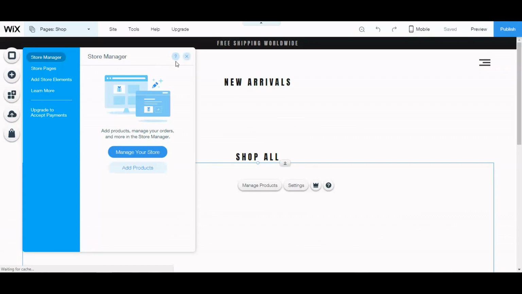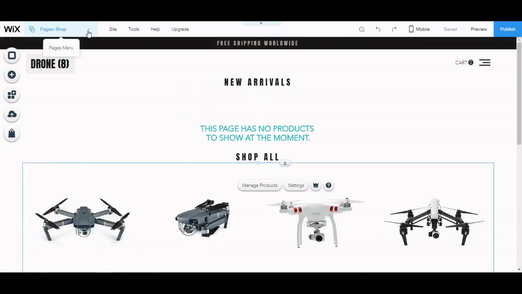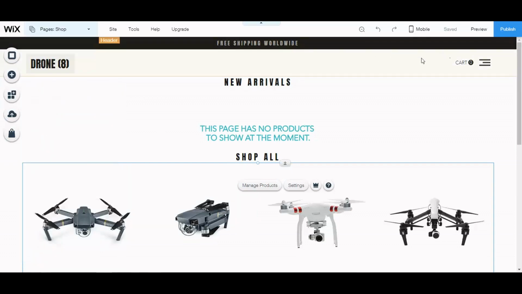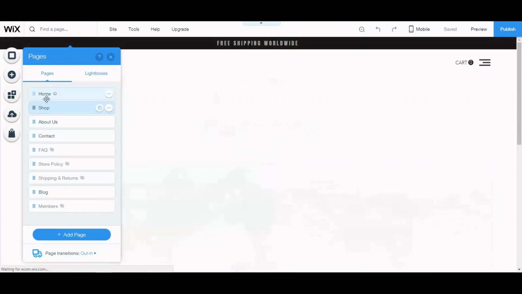Now, another thing that you would have to do is set up your legal pages. And you set up all your pages through here. You can add a page and get rid of a page as you like. The main thing again would be your shipping policy. Make sure it's extremely clear so people know when they're going to get their stuff. So to navigate back to the home page here,